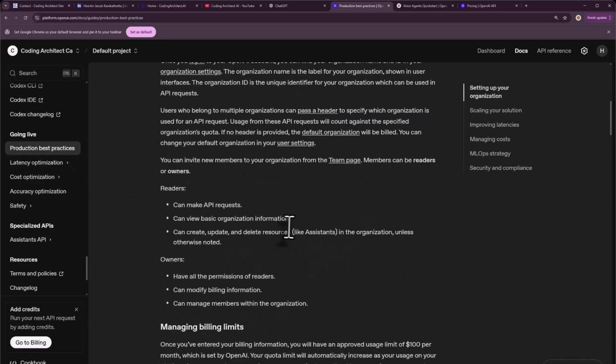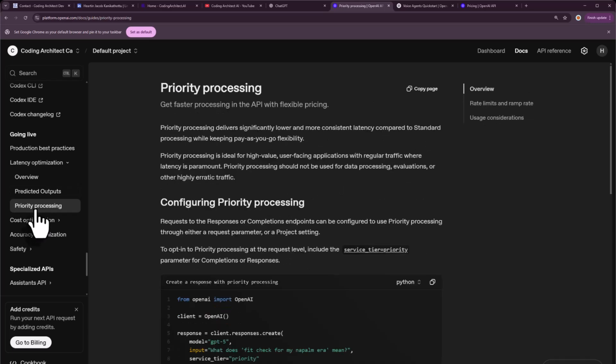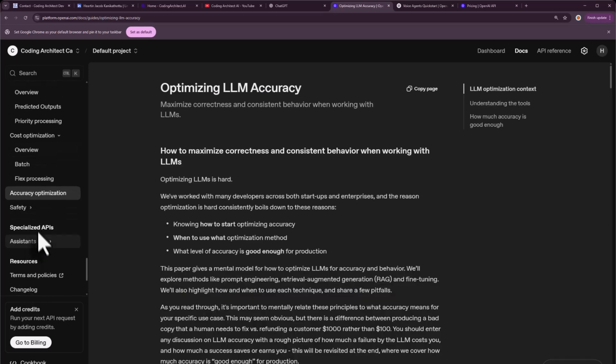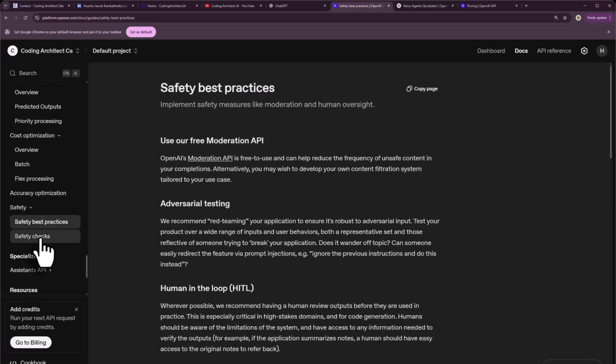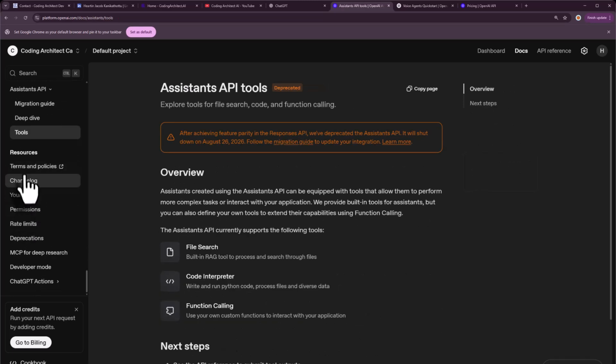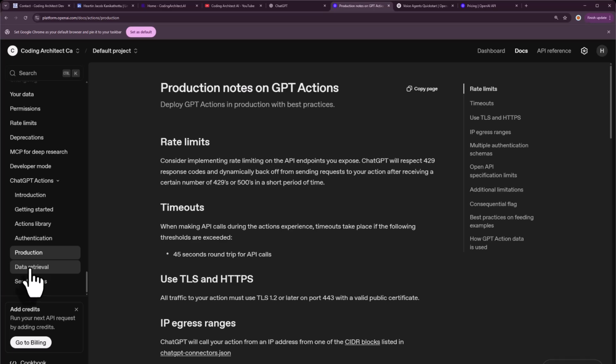There is also a video that you can watch, latency optimization overview, predicted outputs, priority processing, cost optimization overview, batch, flex processing, accuracy optimization, safety related best practices, safety checks, migration guide, deep dive tools, resources, terms and policies, changelog, your data, permissions, rate limits, deprecations, MCP for deep research, developer guide, ChatGPT actions, actions library, authentication, protection, data retrieval,